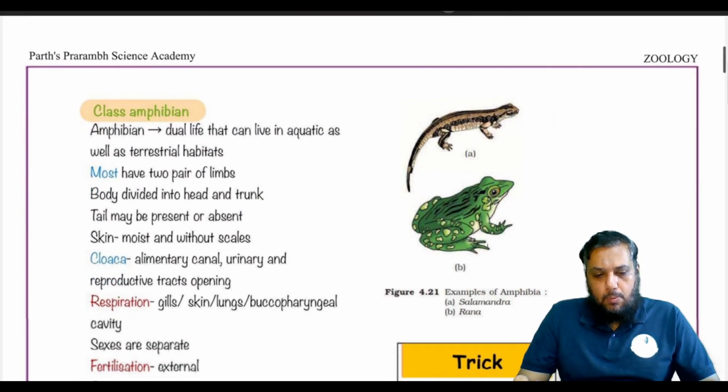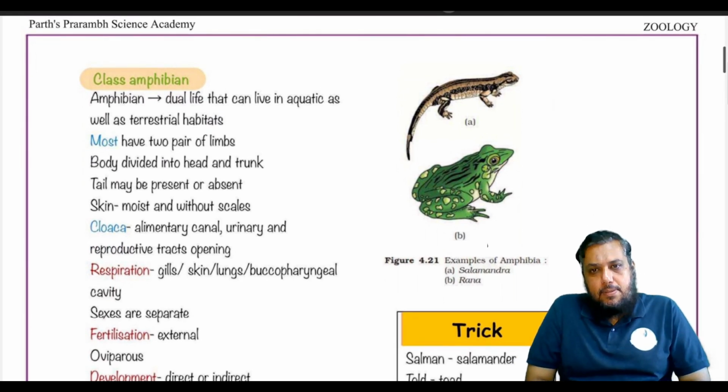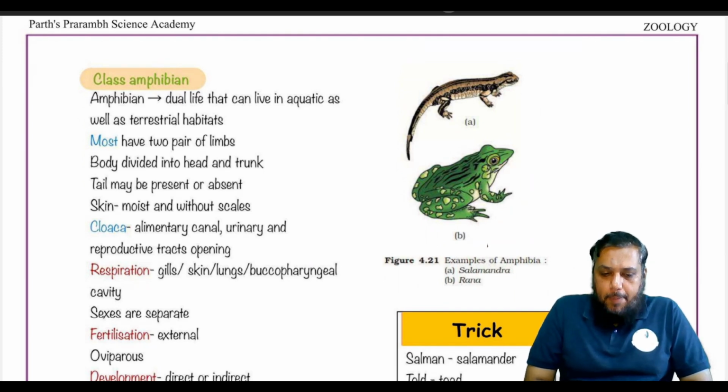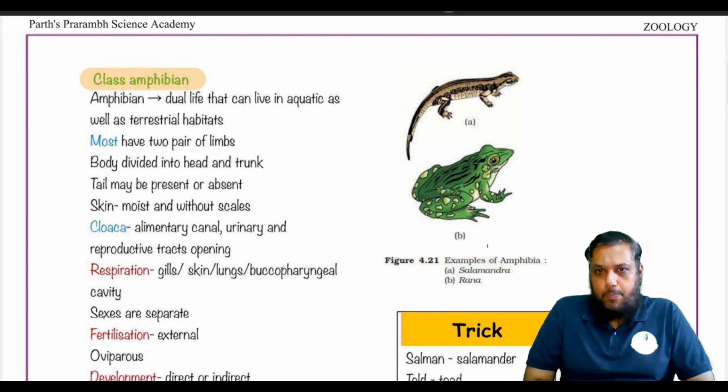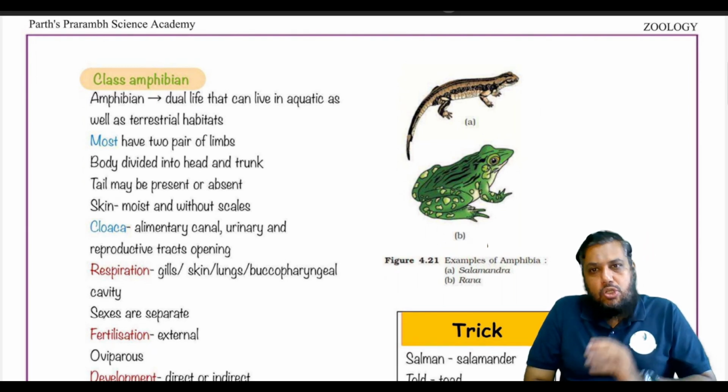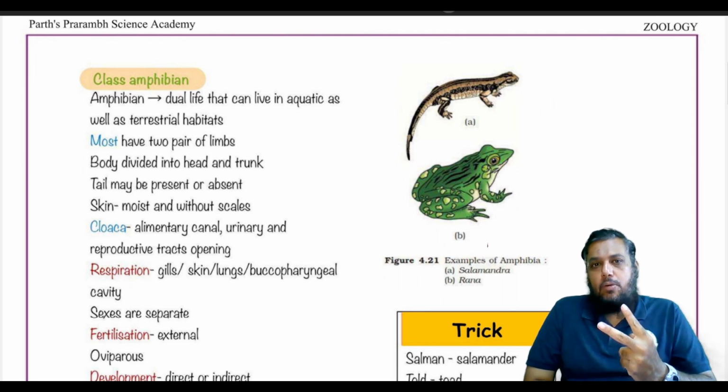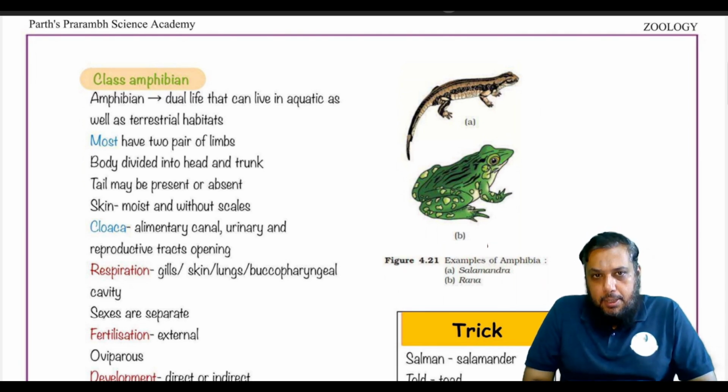This was about our superclass Pisces having two classes, that is Chondrichthyes and Osteichthyes. Now we come to the superclass Tetrapoda, in which the first class is Amphibia. Who are these amphibians? They are adapted for dual life. They can live on land as well as in water. But correctly we'll say that they are able to live on land, but for fertilization they have to depend upon water. They are called Tetrapoda, four-limbed, meaning they have two pairs of limbs, and their body is